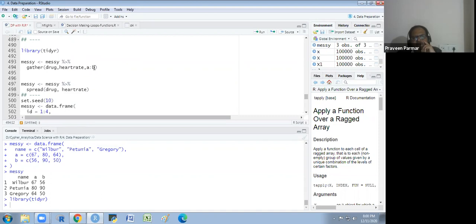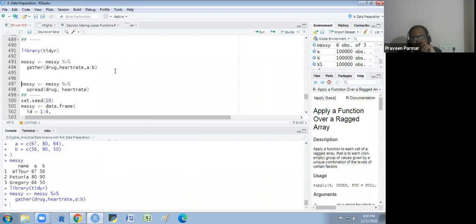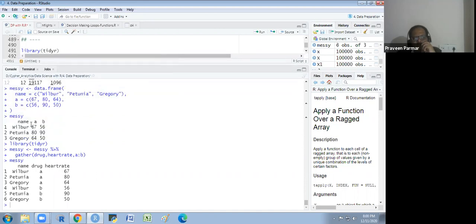The A and B will become values under the drug column, and these values would be the heart rate, a new column. So I will just show you how we gather the data. Get it? The previous and this one, so this is the transformation of the data.